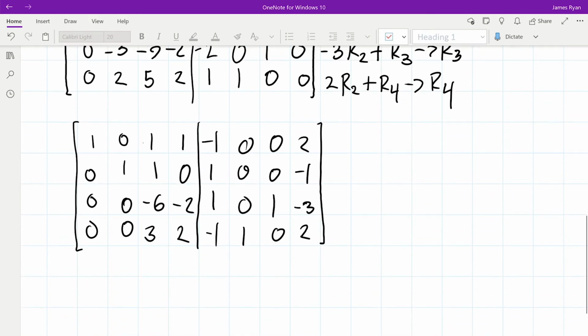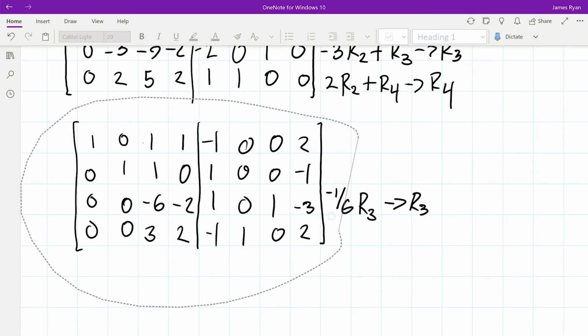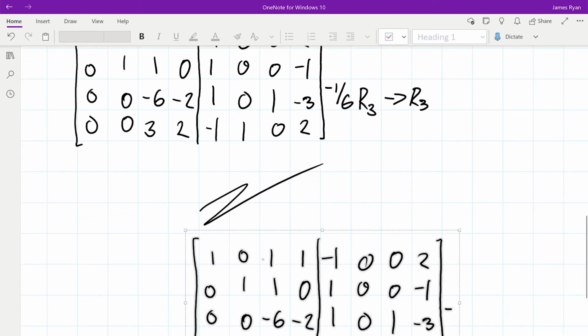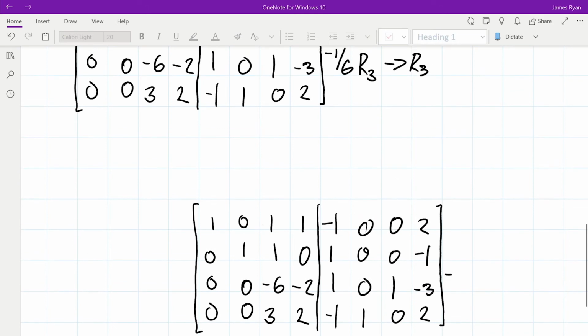Okay, now I'll do the third row. So it doesn't really matter which we do, so let's divide by 6 here. By -6, so -1/6 row 3 becomes the new row 3, and that will give us, just duplicate this, it over,